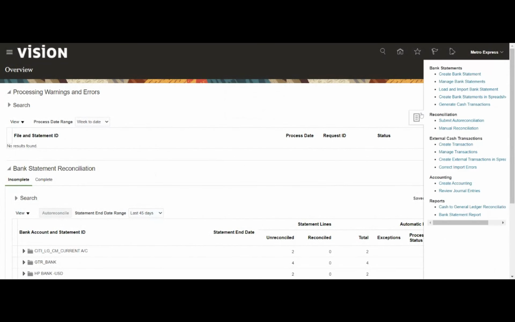Okay. So now we have created the bank statement there. So now what we will do is the manual reconciliation. We don't have the option of doing auto reconciliation because we would need the standard configurations there. So I'll pick this manual reconciliation.